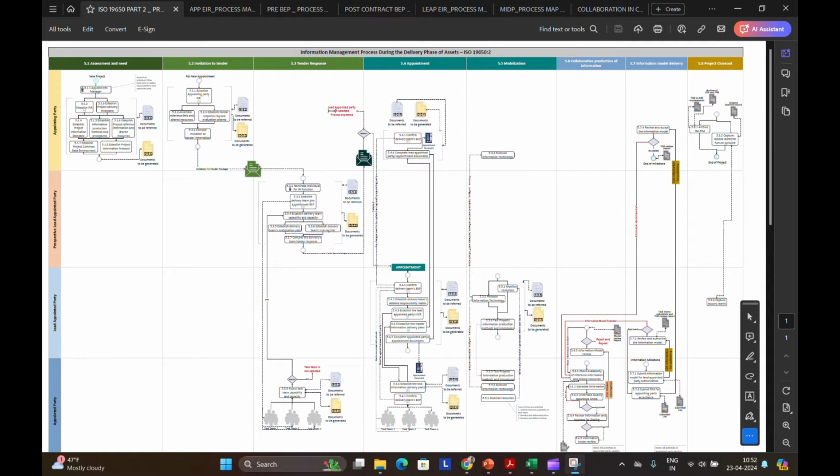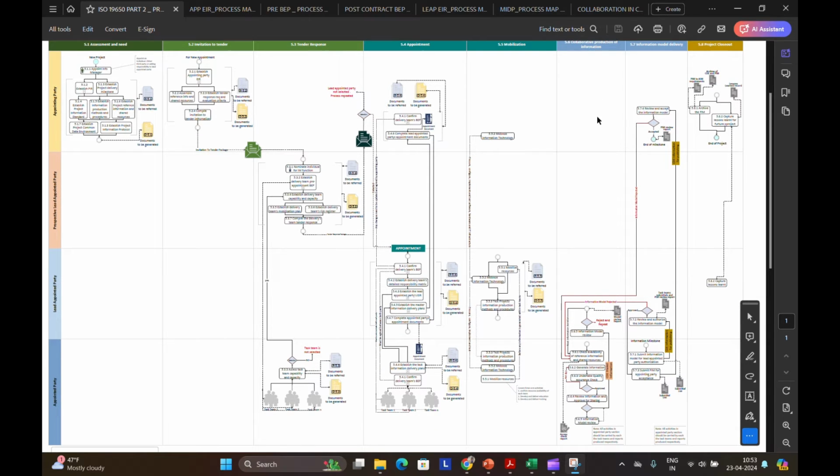Next, we have the appointment stage. Here, the client chooses the best team, who eventually becomes the lead appointed party. Next, we have the mobilization stage. Here, the lead appointed party gets everything ready: people, technology, and processes. Next, we have the collaborative production of information.